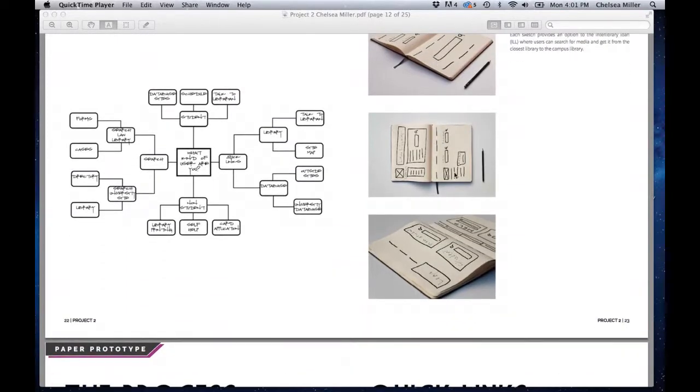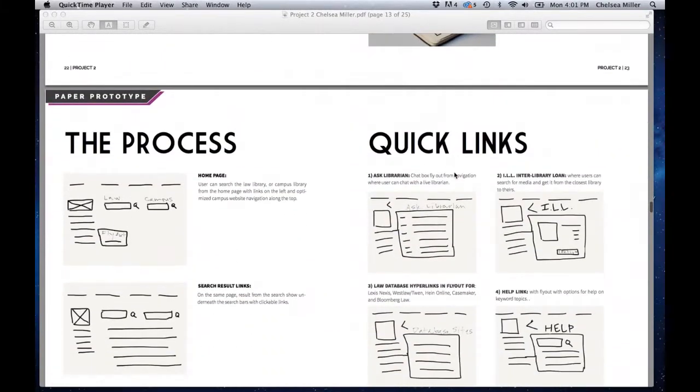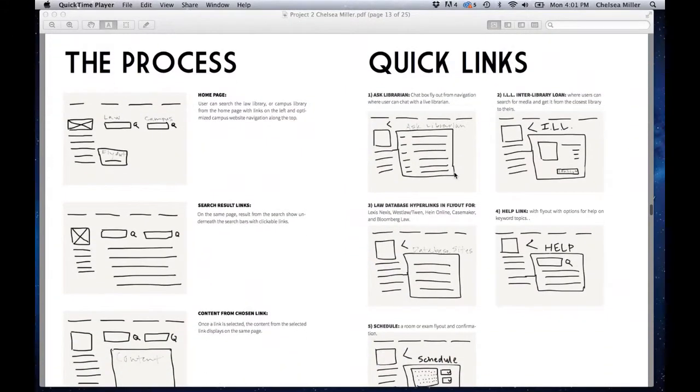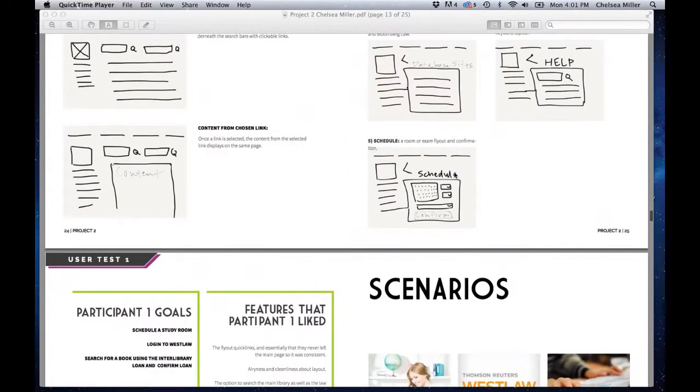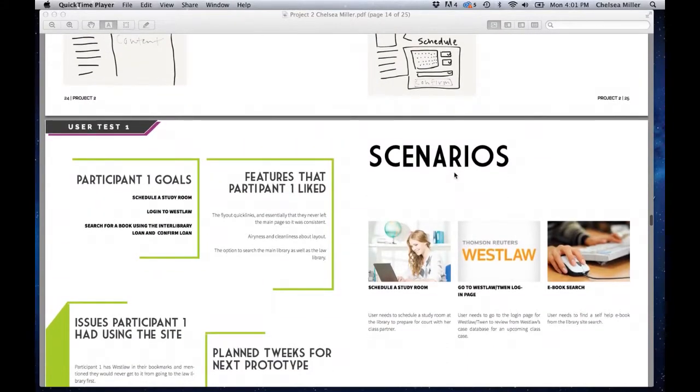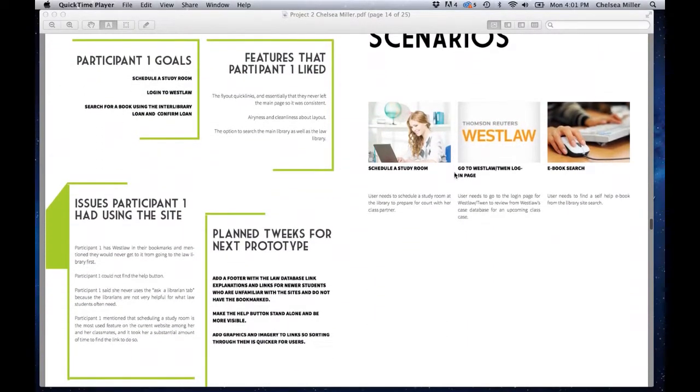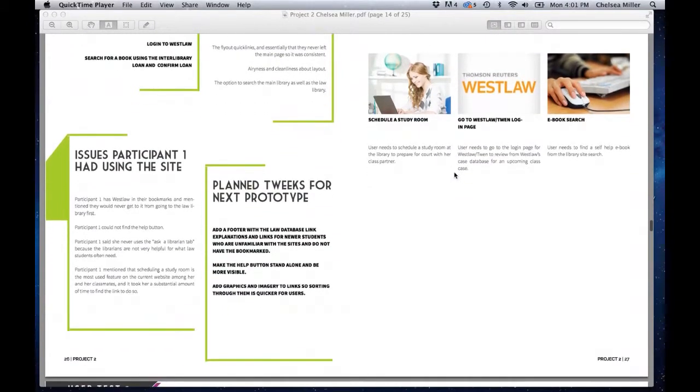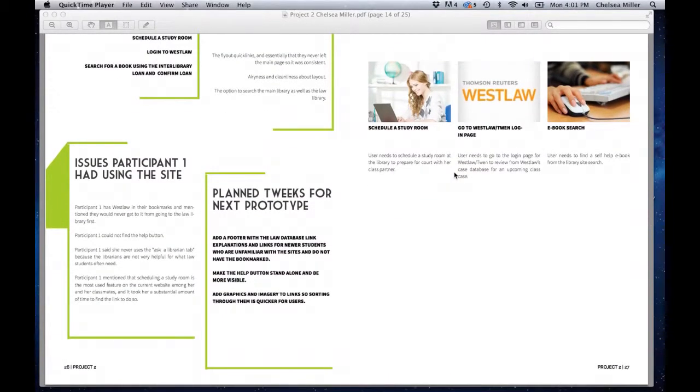I found that the user with the paper prototype was saying she never used the Ask a Librarian tab because the librarians were not very helpful. And I don't know if that's something with the website, that they aren't getting back to the students, or if there's just sort of a disconnect there and why the librarians aren't able to get back with students. So I refined the scenarios based on some of this testing that I had,